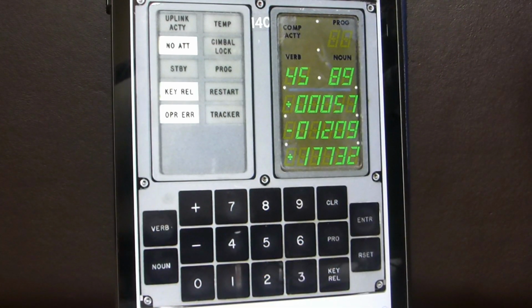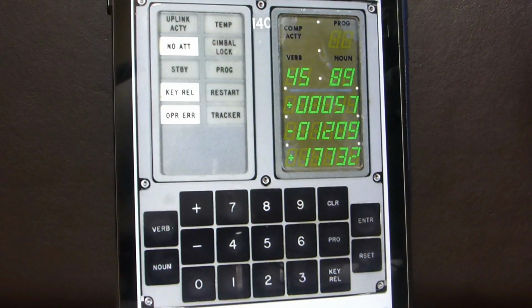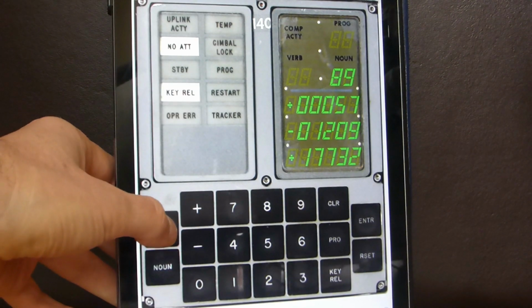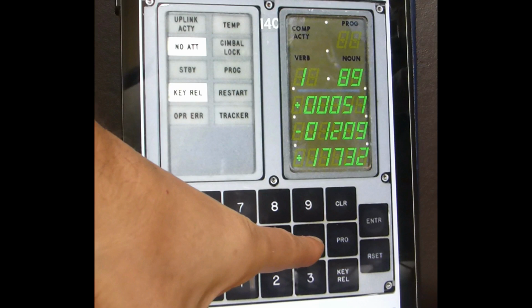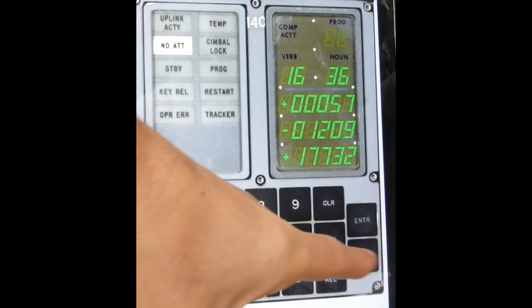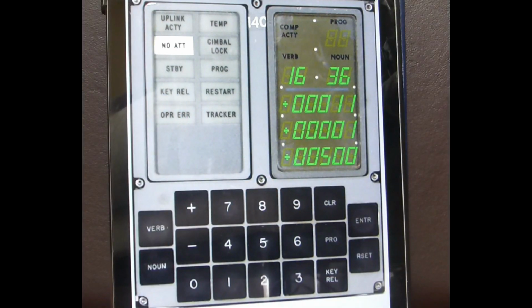The Apollo guidance computer was accessed through the DSKY interface units. There were 2 in the command module. Verbs and nouns, obviously this was state-of-the-art technology back then. It's in error at the moment. Great app, by the way, you can download and have a play yourself. So if we try verb 1, 6, noun 3, 6, enter. So looks like 11:01 and 9 seconds is the current